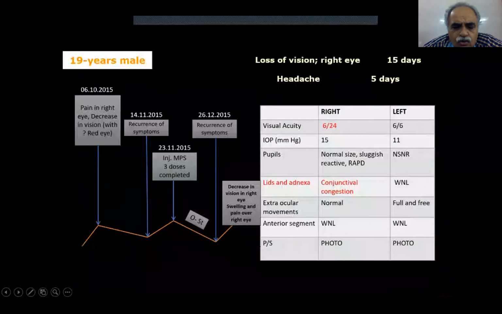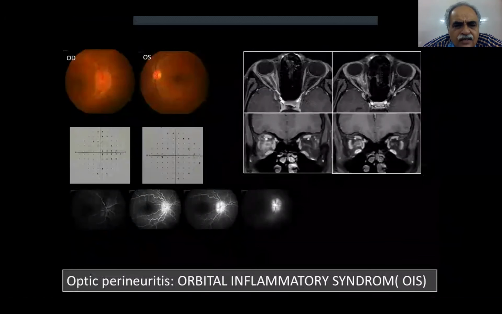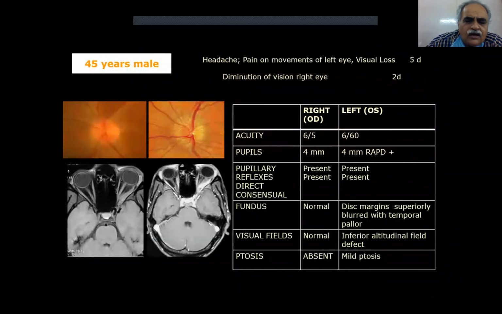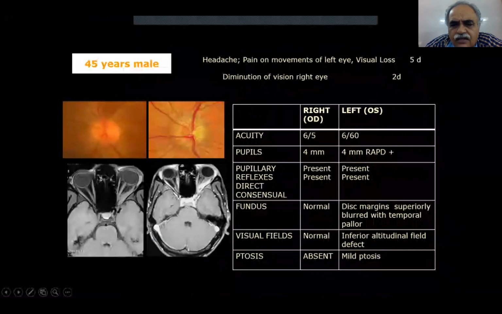I want to show you some differential diagnosis. Time is short, so I'll try to skip over. Now, this is what my previous speaker talked of, superior orbital fissure syndrome. This is a differential diagnosis which we often get to see. A 49-year-old army Jawan comes to us with pain on eye movements and visual loss of 5 days. The moment you have this kind of a history, pain on eye movements, visual loss, you immediately think in terms of